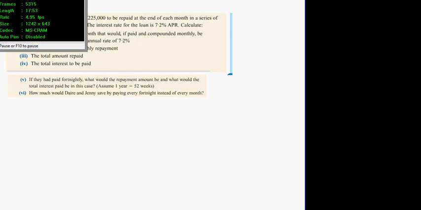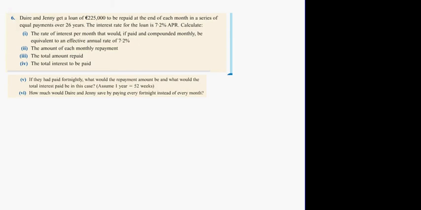Okay, so this is question 6. Dara and Jenny are getting a loan of €225,000 to be repaid at the end of each month in a series of equal payments over 26 years. The interest rate for the loan is 7.2% APR. Calculate the rate of interest per month that would, if paid and compounded monthly, be equivalent to the annual effective rate of 7.2. So this monthly rate, which is 1 plus I to the power of 12, will have to equal